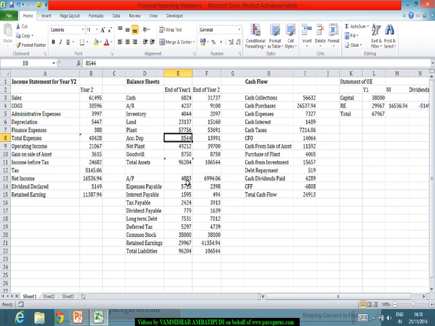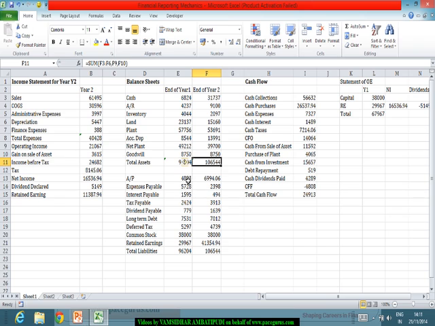It has a contra account called accumulated depreciation. The subtraction of these two results in a net plant which is 57,000 minus 8,500, 49,000. Goodwill is another asset. So total assets come out to 96,000 at the end of year 1 and 106,000 at the end of